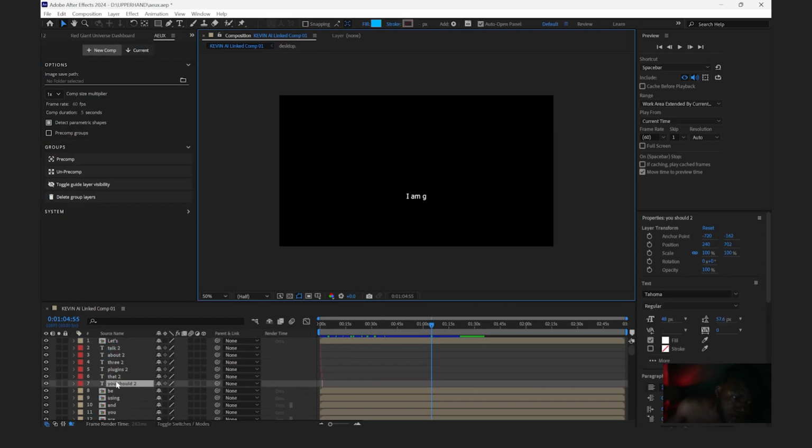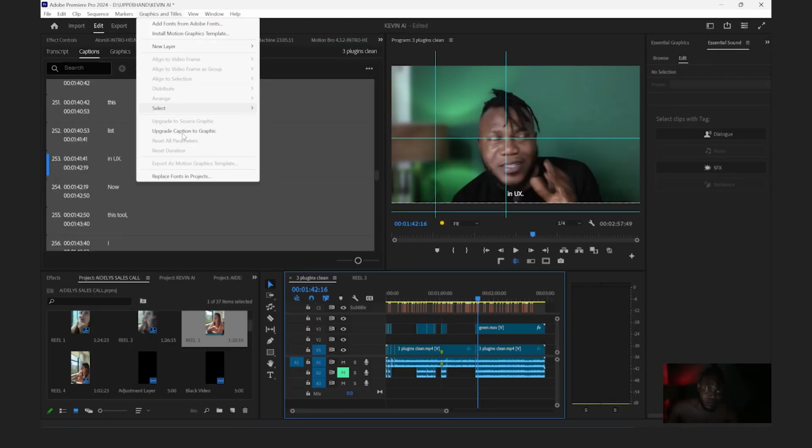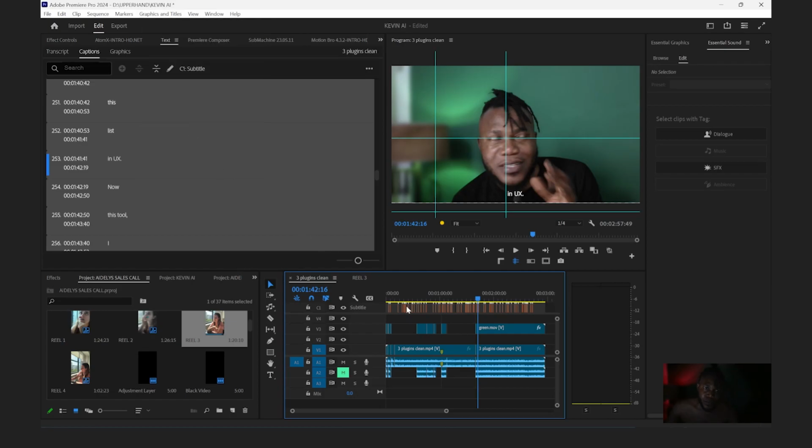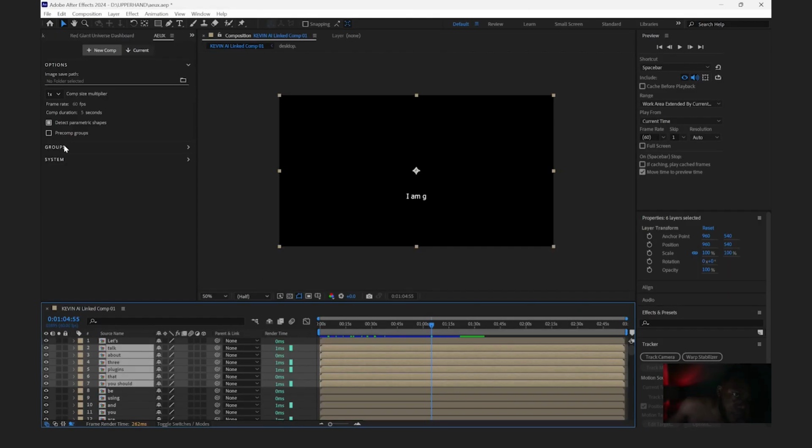For example, if I generate my captions in Premiere Pro and I want to animate them in After Effects, normally I'll push them as graphics in Premiere Pro and they become text layers. If I use dynamic link to bring them over to After Effects, they come in as a pre-composed file, so I cannot apply most of my text animations directly on that, and this makes the work buggy. But with the use of AEUX, I'll just easily pre-compose it by clicking just one button, then continue my text